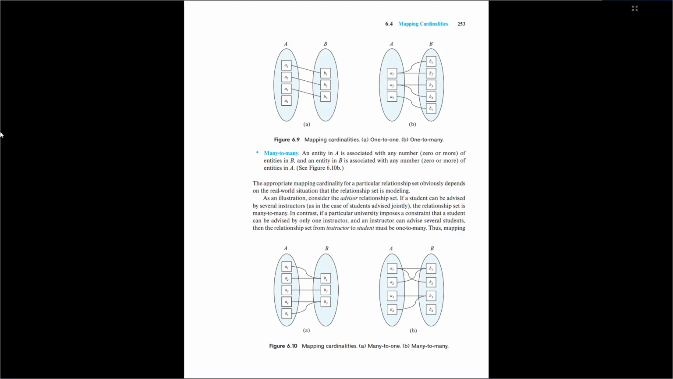See Figure 6.10b. The appropriate mapping cardinality for a particular relationship set obviously depends on the real-world situation that the relationship set is modeling. As an illustration, consider the advisor relationship set. If a student can be advised by several instructors, as in the case of students advised jointly, the relationship set is many-to-many. In contrast, if a particular university imposes a constraint that a student can be advised by only one instructor, and an instructor can advise several students, then the relationship set from instructor to student must be 1-to-many. Thus,